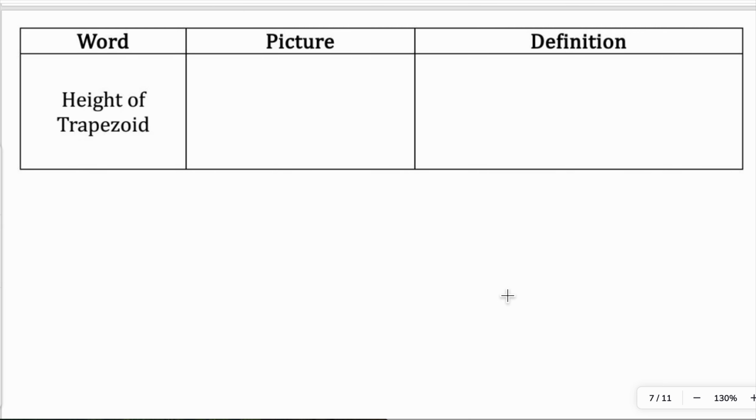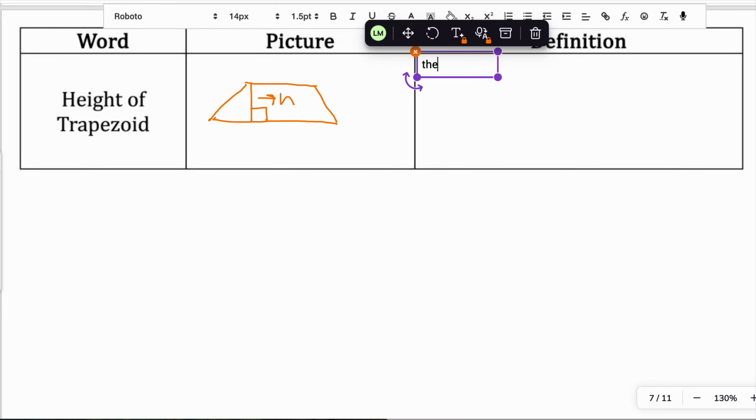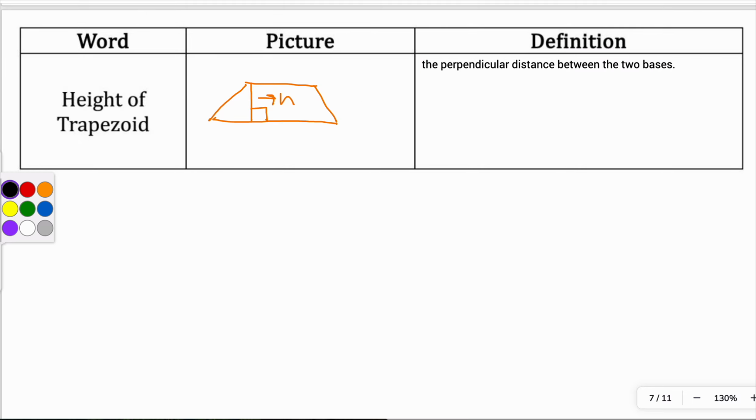So, a trapezoid has to have one pair of parallel sides. I'm going to draw a traditional isosceles trapezoid, and then the height is going to be the altitude essentially, so the perpendicular distance between the two bases. So we just want to make sure we're seeing that perpendicular relationship before we determine if it's a